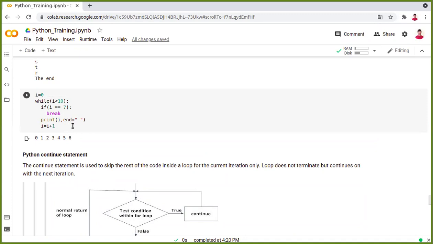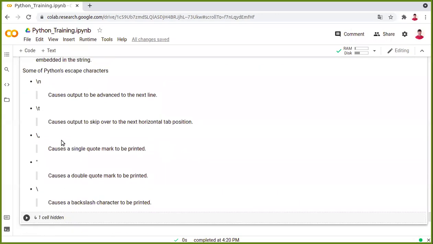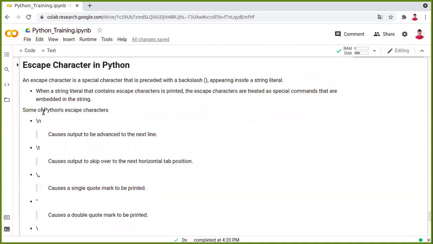Here what I am doing, for every next value to be printed, I am assigning some space in between them. So similarly, if you want to give a new line in your printing sequence, or if you are interested to give some tab space in your printing sequence, or if you are interested to specify a particular name in the quotations in your print statement, you will be having some escape characters. So purpose of this escape characters is